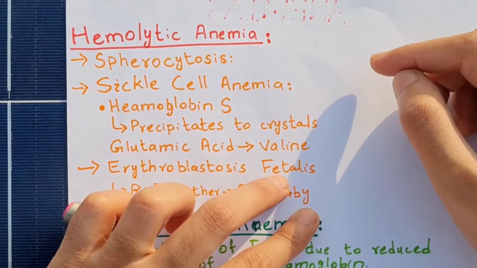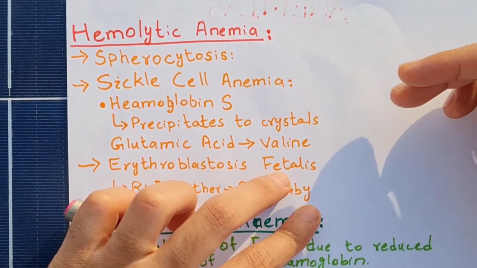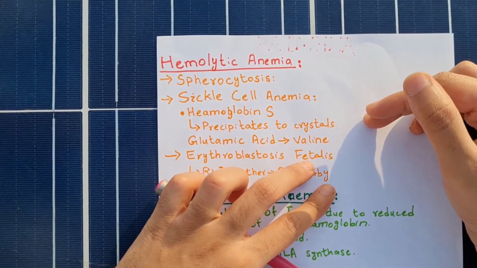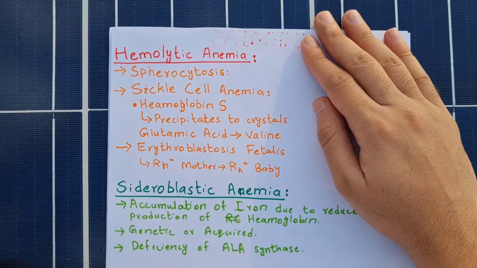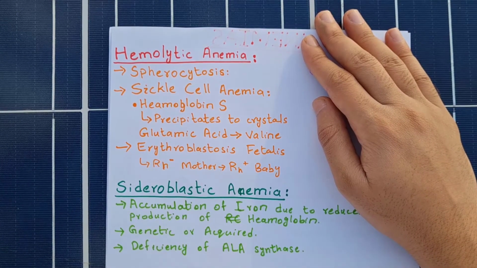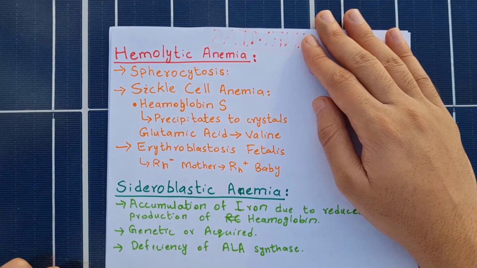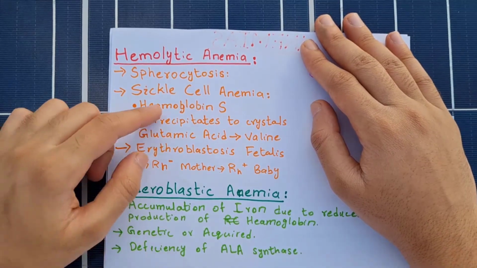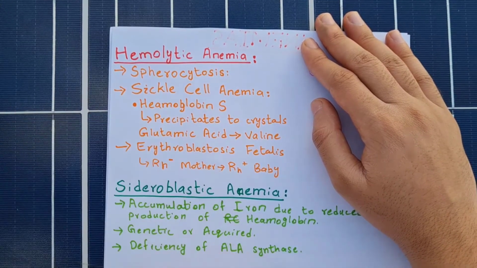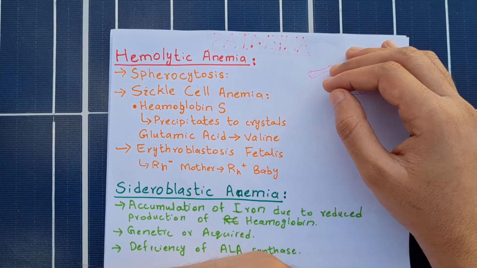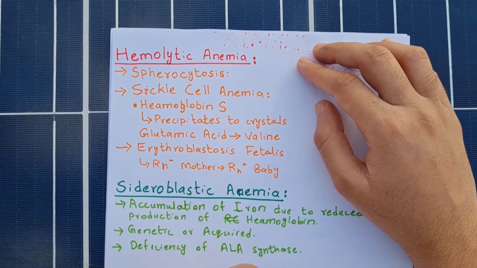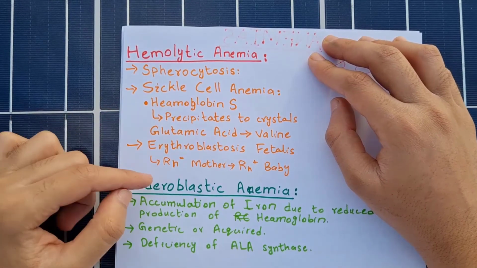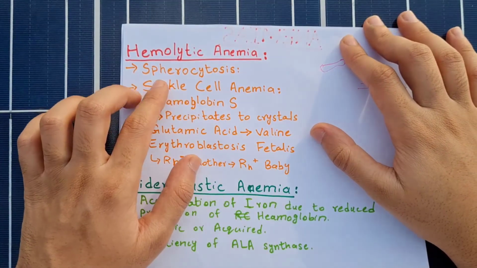As is clear from its name, such types of anemias are caused due to rupture of RBCs. RBCs normally have a biconcave disc-shaped structure that helps them to squeeze through capillaries that are much smaller than their size. The cause of such anemias may be genetic or acquired. The type of anemia we just discussed, that is megaloblastic anemia, is a type of acquired hemolytic anemia. However, hemolytic anemia may be genetic, such as in the case of spherocytosis.